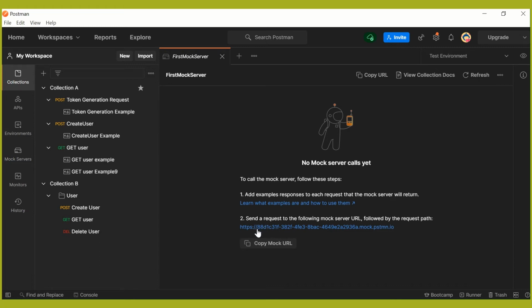You can see that it has this particular ID in the URL, which starts with 88 and ends with 6A. Whenever you generate any mock server in Postman, Postman creates a unique ID for that particular mock server. This is called the mock server ID. And as I said, that mock server ID will be unique for every mock server that you create in Postman. So now our mock server is created,